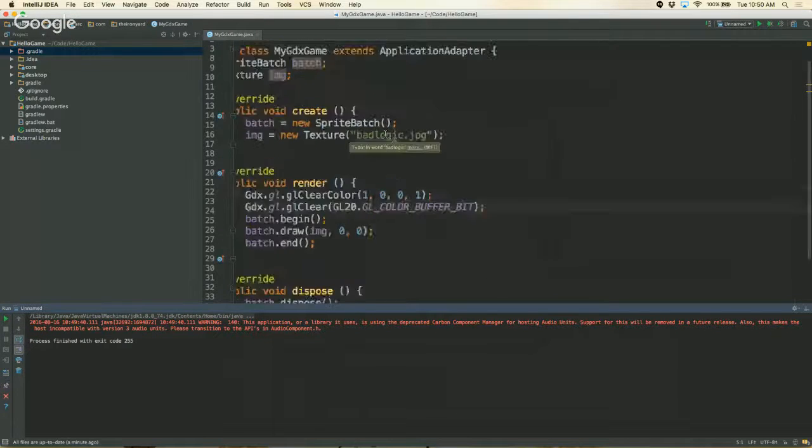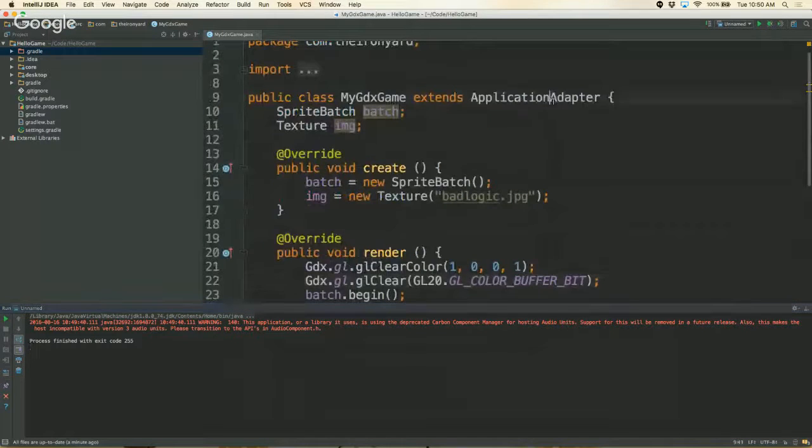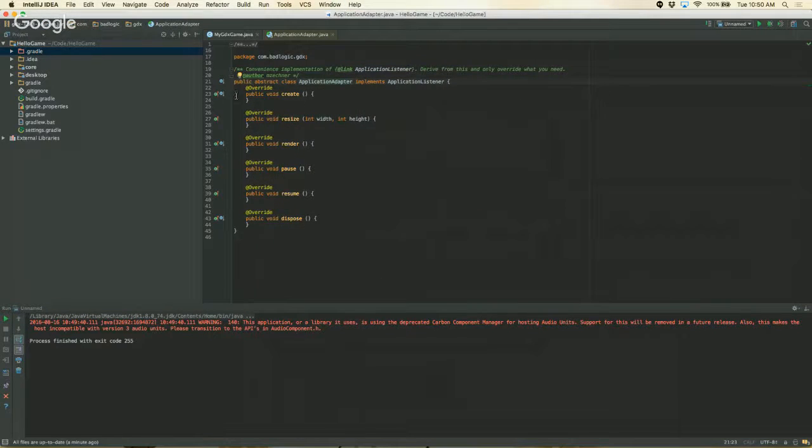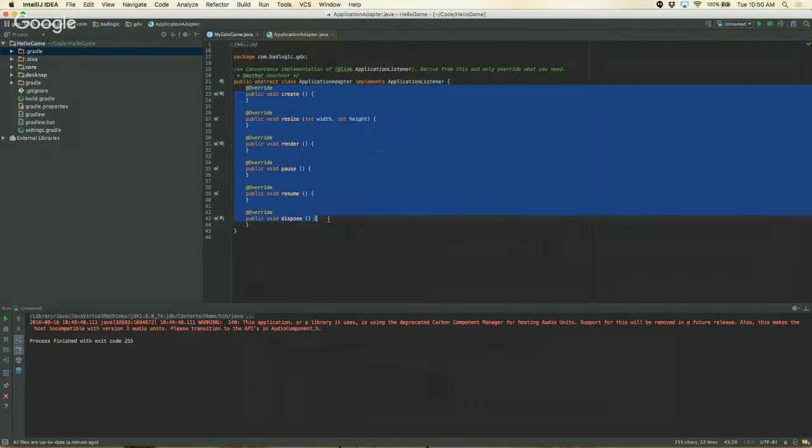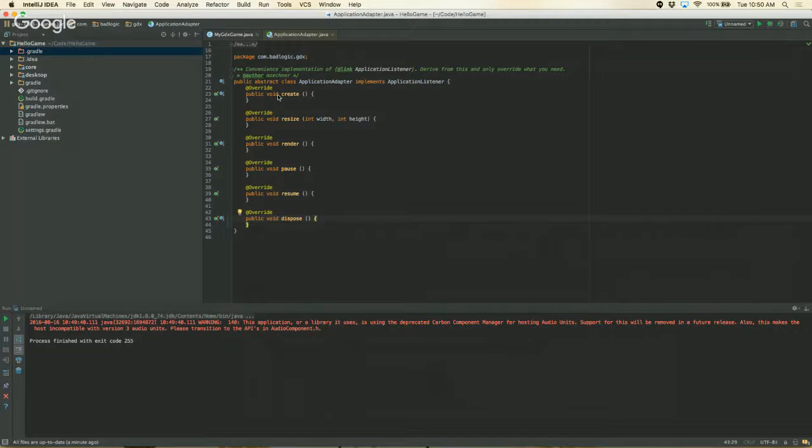So you can see here that MyGDX_Game is a class that extends ApplicationAdapter. This is our base class for your game. This class is an abstract class that has a series of methods that are like event handlers. This method is going to be run when the object is created, when the app is run. This method is going to be run when the app is resized, and it has this render method, which is